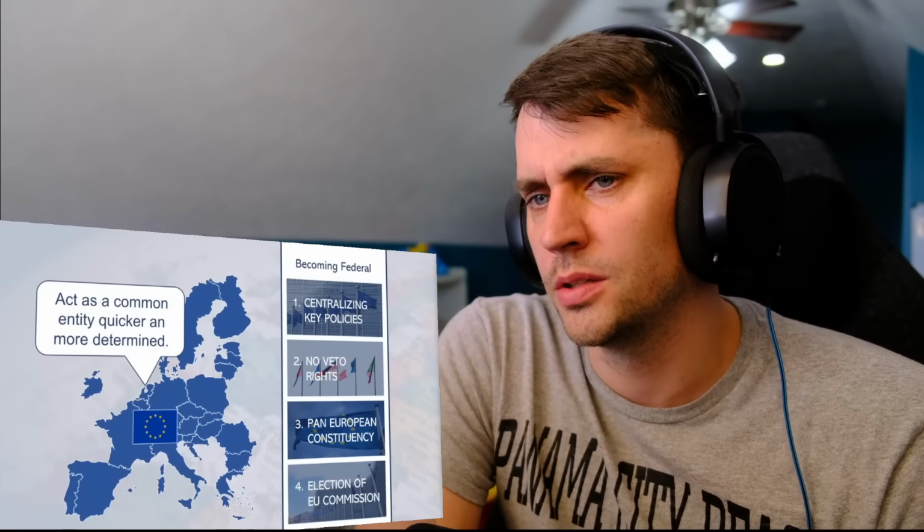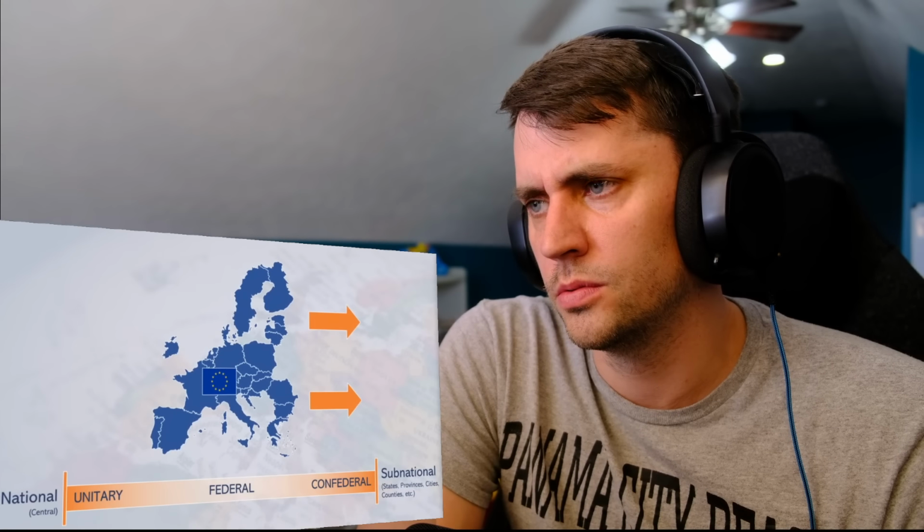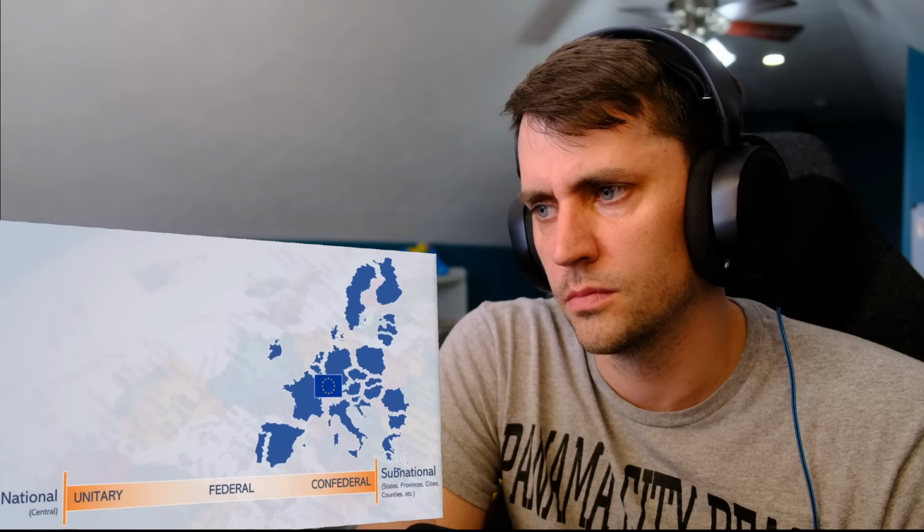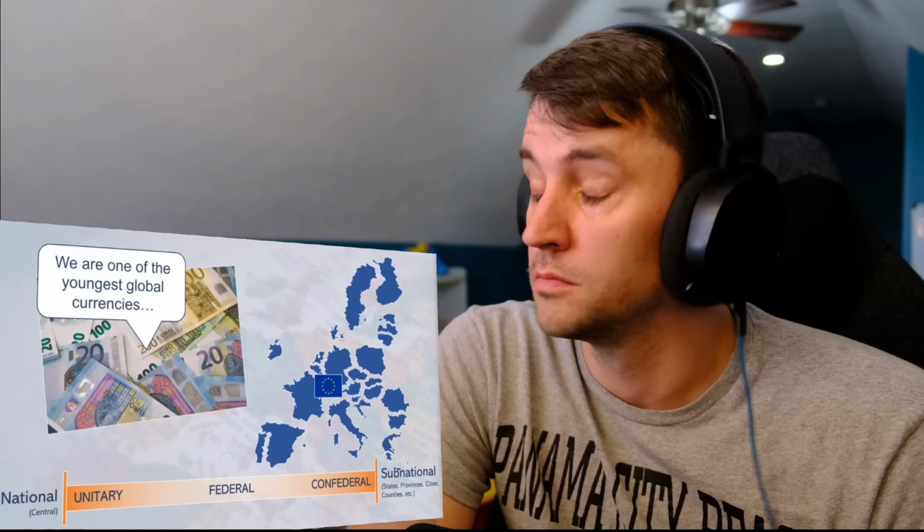On the other hand, the EU can also roll back federalism towards a more confederal model, where the member states hold more power. Monetary policy in Eurozone countries is currently federalized with the euro, but there are still skeptics who question whether this young currency will survive. And that brings us to the